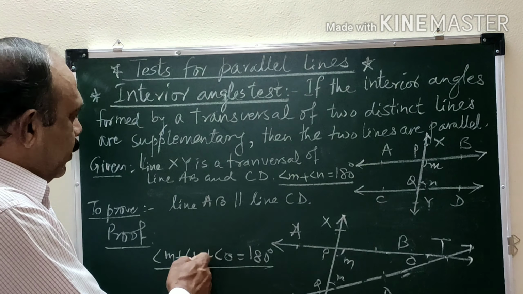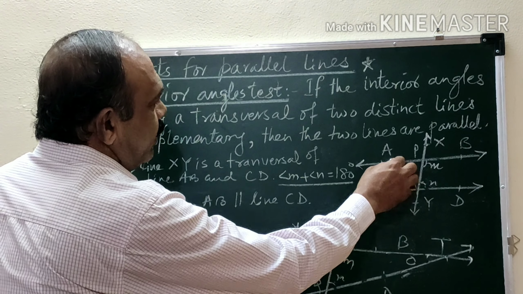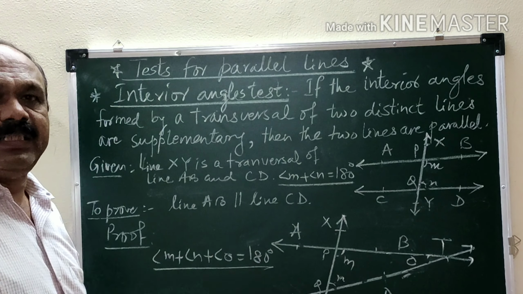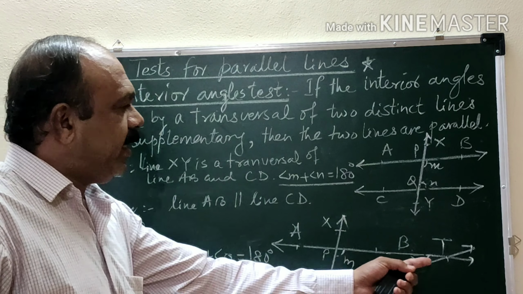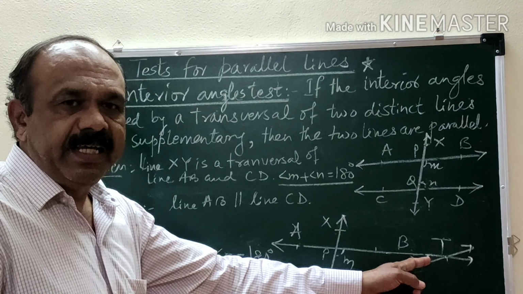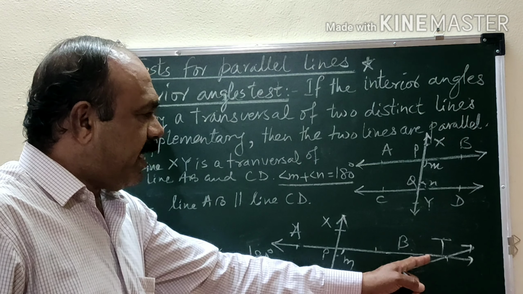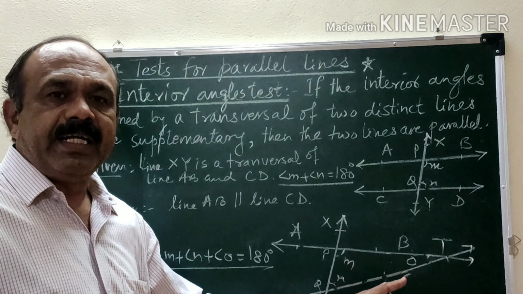The transversal of two distinct lines. That is what is given. These two lines are distinct lines. This is given, and what we assume here is that if they are intersecting, the angle which is formed is 0 degrees. So from that, lines AB and CD are not distinct.